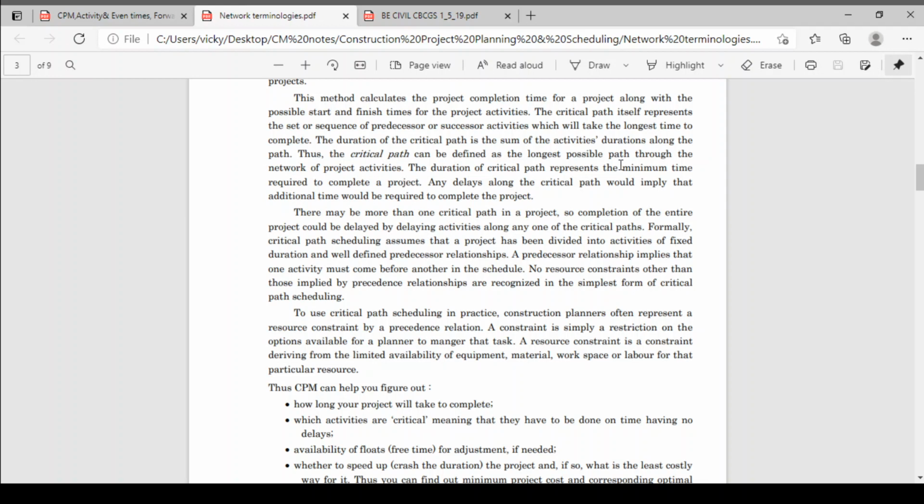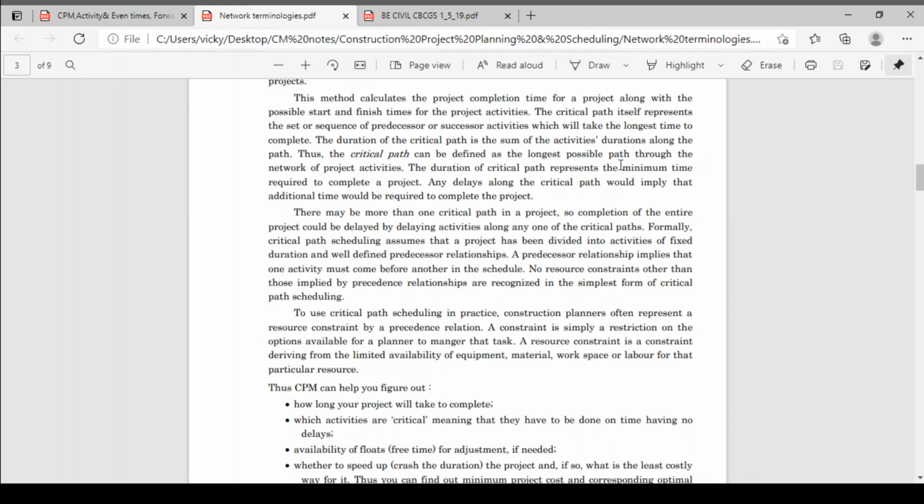Formally, critical path scheduling assumes that the project has been divided into activities of a fixed duration and well defined predecessor relationships. A predecessor relationship implies that one activity must come before another in the schedule.